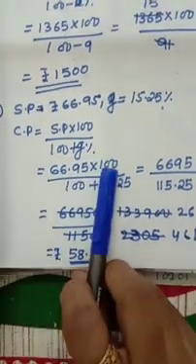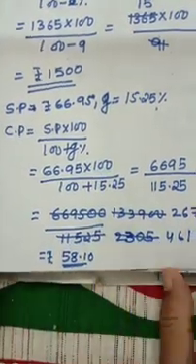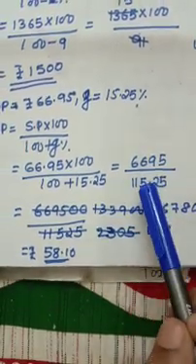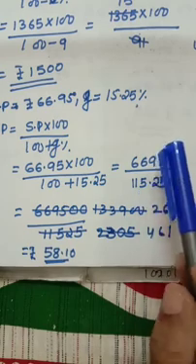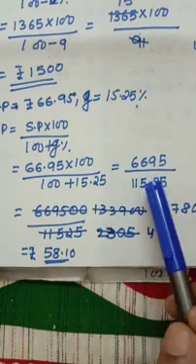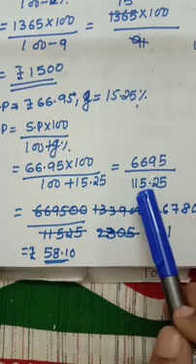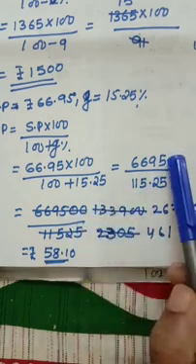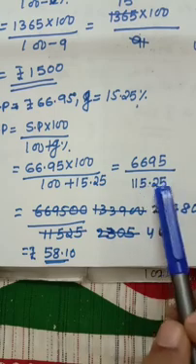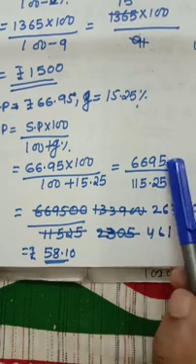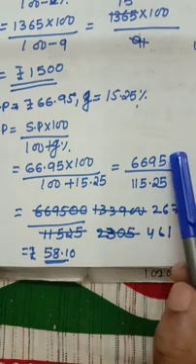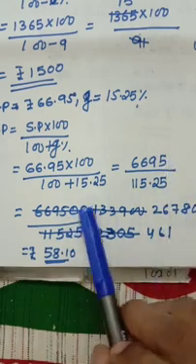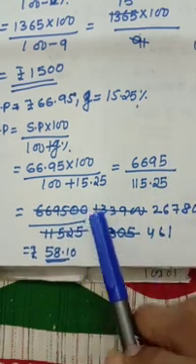Like that, SP given, gain percentage given, put it in the formula, and after that you cut out, you will get 58.10. Children, here a decimal sign is there. Then how will you cut out? You want to take out this decimal. What you have to do, I already explained in the introduction part. Here also you make it two digits after the decimal. Here two digits after decimal are there. Here also you have to make two digits after the decimal, meaning after the decimal 20. Then this decimal and this decimal will be cancelled out. See, so two zeros came. Clear?